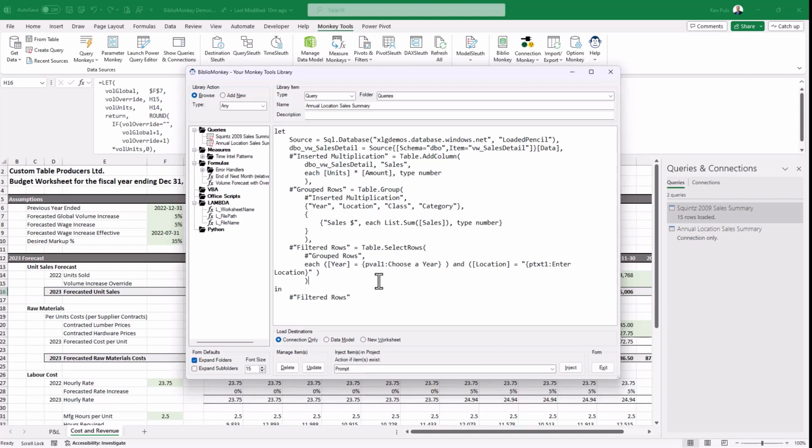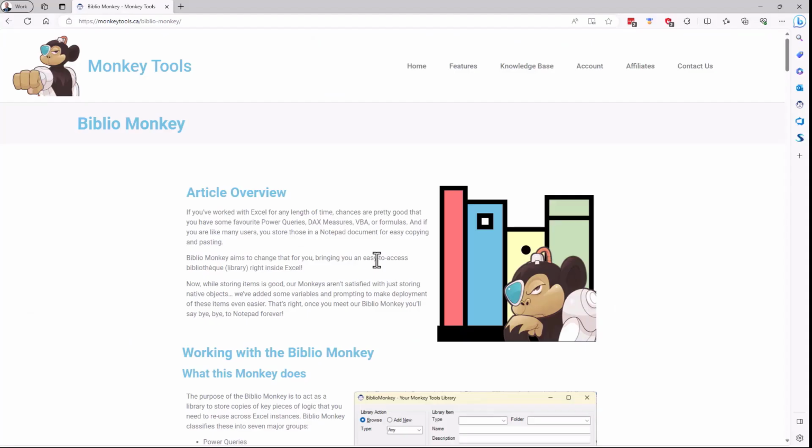So this is a pretty cool thing. It works for all kinds of different components, for Python, for Lambda. We can't inject Office scripts or VBA for you automatically, but you can copy them. If you are on a free license, the inject button here will not work for queries, measures, VBA, Office scripts. Those will allow you to copy instead, which you can then paste into the query pane or into the Power Pivot Measure Formula Guide. But if you're on a pro license, you can inject directly from here as well.